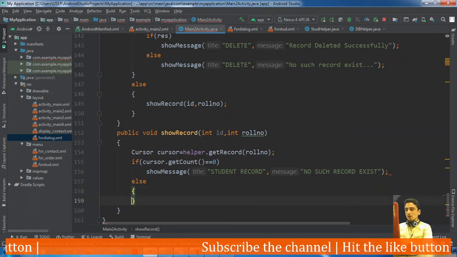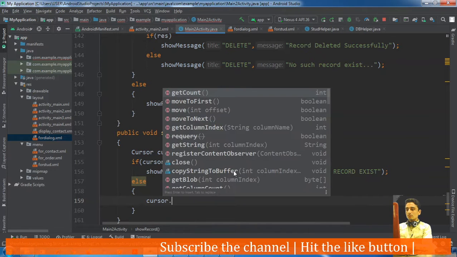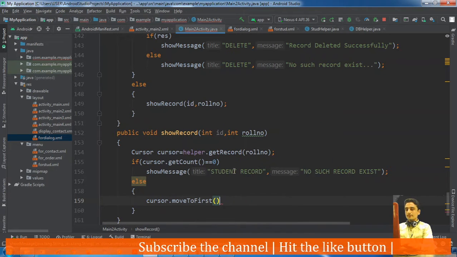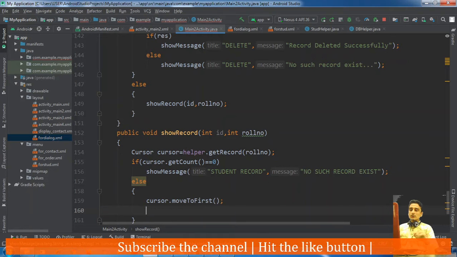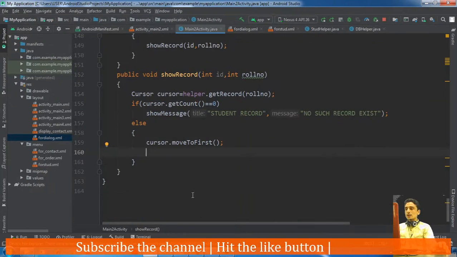Else, yes, the record exists, then first of all cursor.moveToFirst. Okay, and then we will show this record in our layout, which we have right now on the screen.